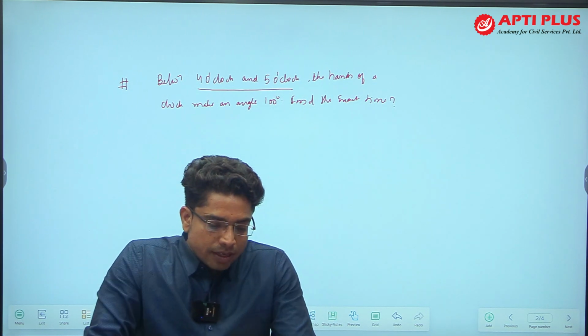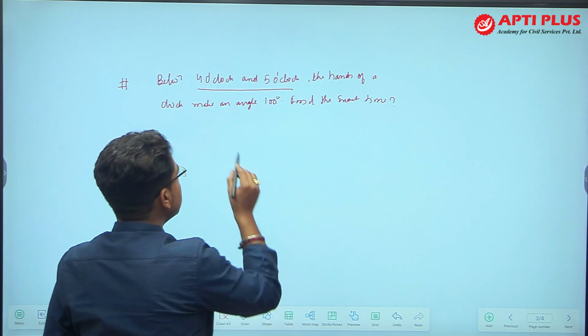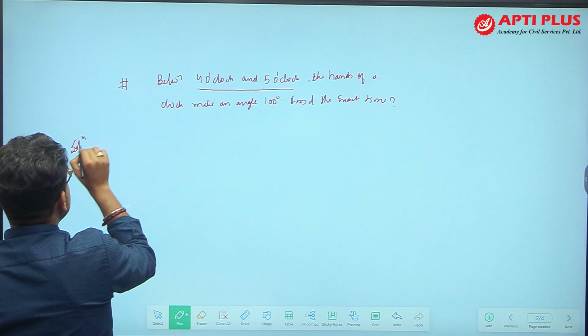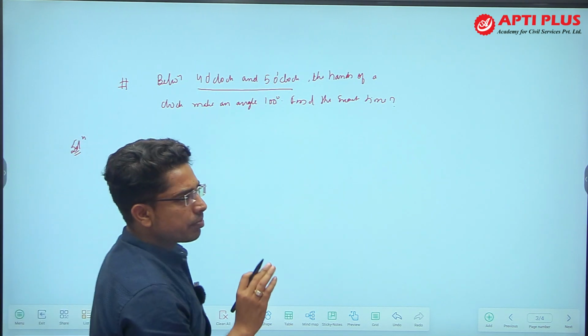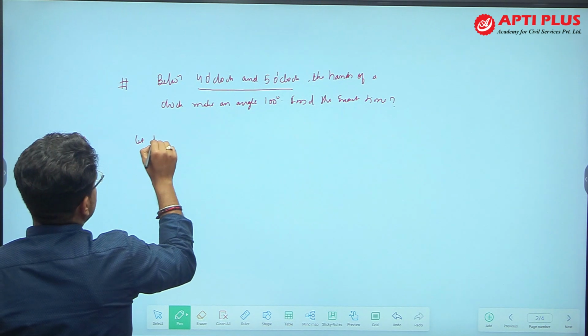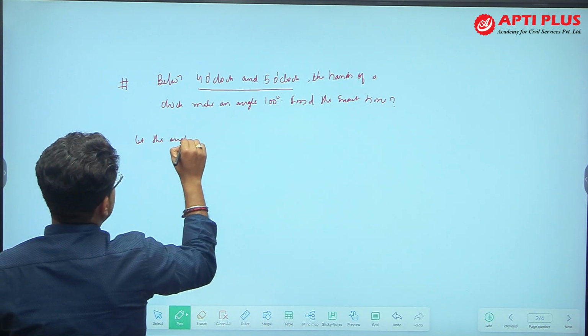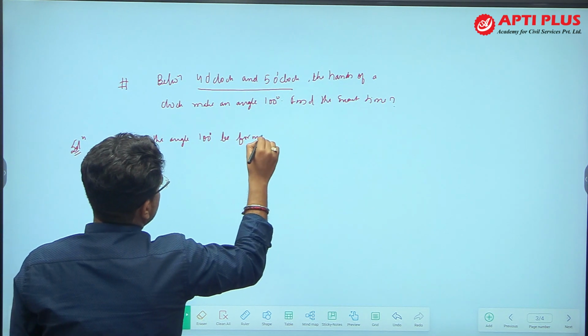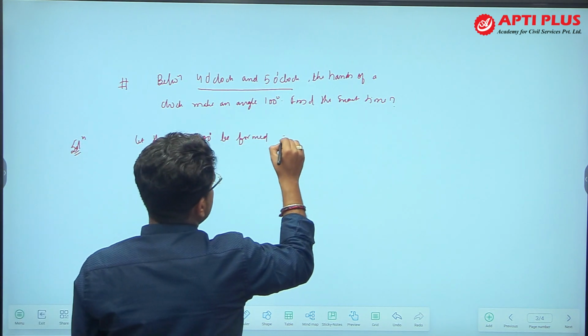Now, how do we proceed about this question? If you talk about the solution, it is going to be 99% same as what we have already done in the previous case. So let the angle 100 degree be formed at